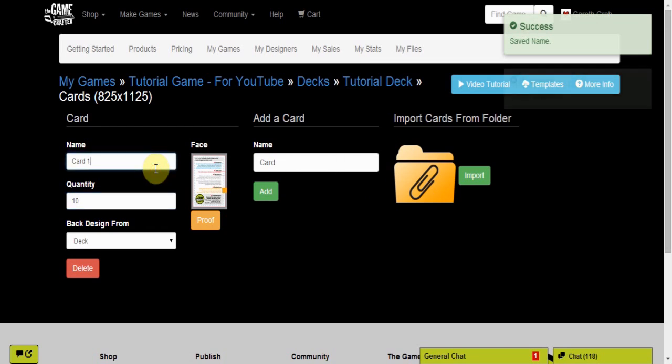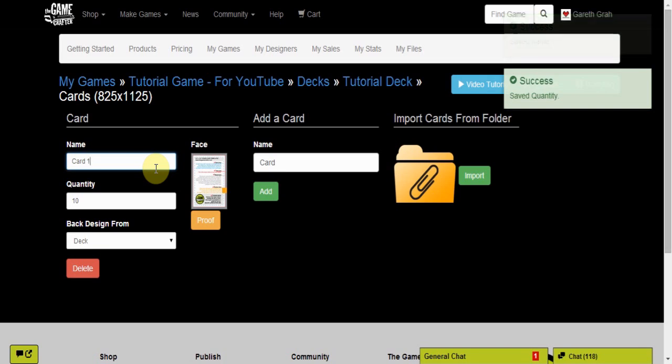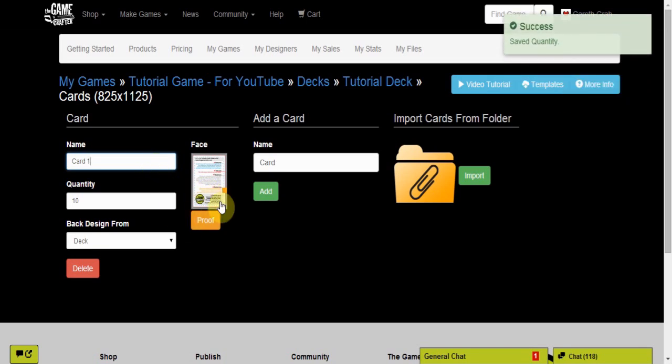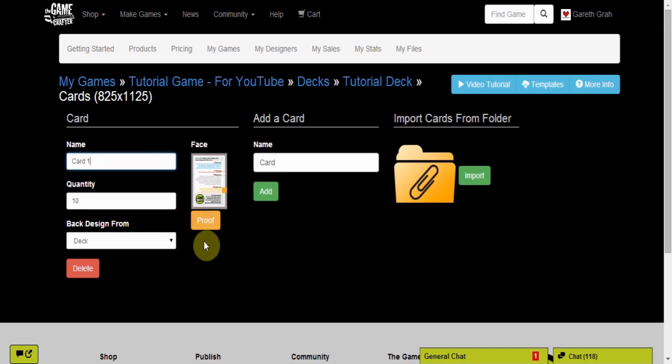Okay, so now if we were to order this game, we would get 10 cards with the exact same front and back. So now the last thing that you need to do before you can actually order your game is to proof your artwork. Proofing your artwork is just a final step to make sure that what you've uploaded fits into the proofing guidelines, so that you know that nothing's going to be cut